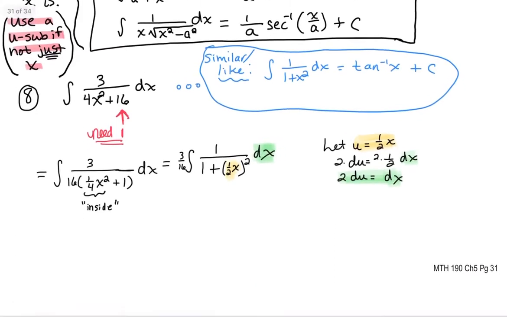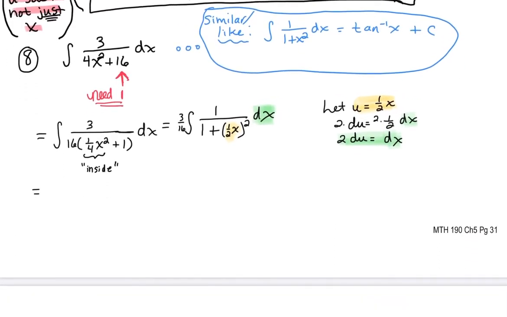So I'm now going to have, it's this 3/16 that's now going to be multiplied by that 2, and then the definite integral of 1 over 1 plus u squared du. So again, where did everything come from here? This is my u, and then the 2 du, that was the replacement for the dx. So this is exactly, the 2 over the 16 reduces to 3/8,